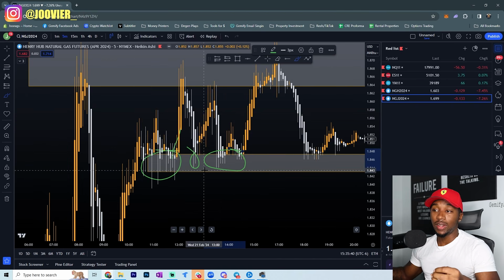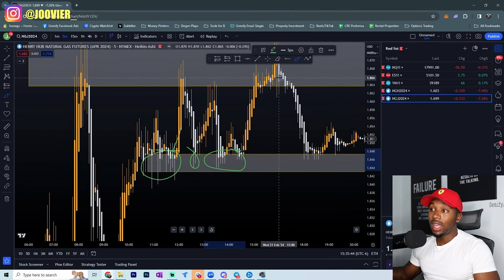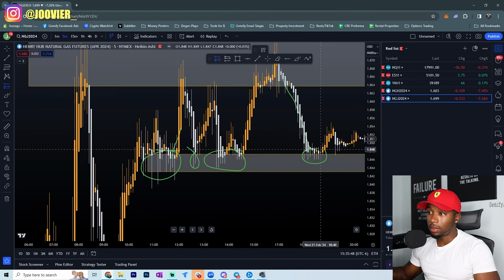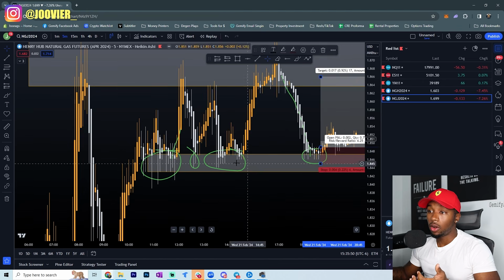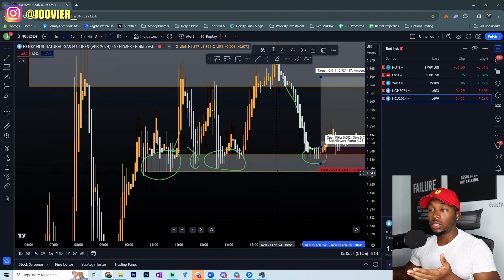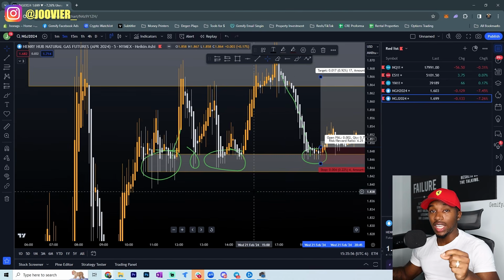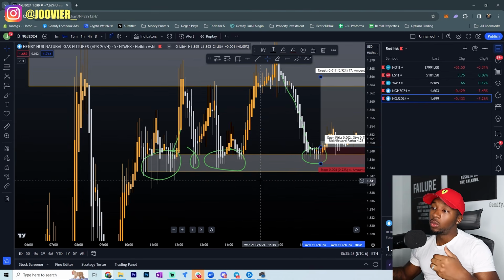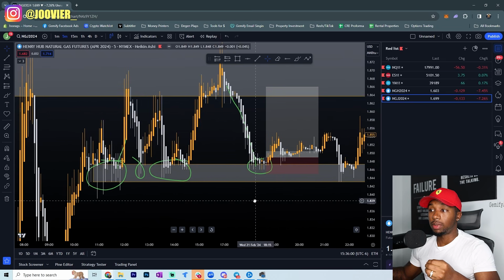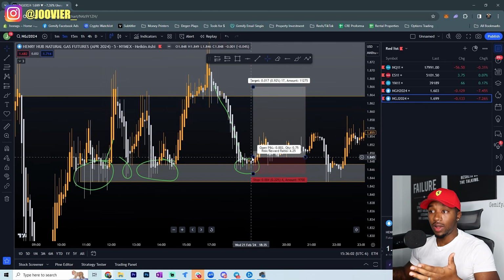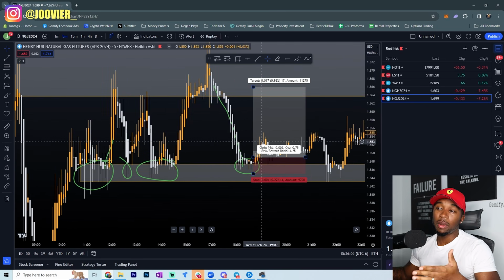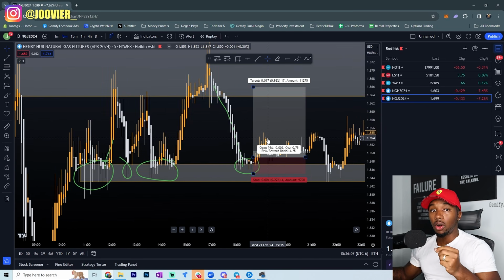So if I see two or three smaller rejections, then I'd be okay with, if it comes back down into that area, which it did right here, I'd be okay with hopping in buys right here because I saw three smaller rejections. Even though they're not huge rejections, I saw three small rejections off of the same zone, which shows me that potentially I could catch buys off that area and I'd be perfectly fine doing that. Now, like I said, that's not one of my favorite things to do, but it is also a form